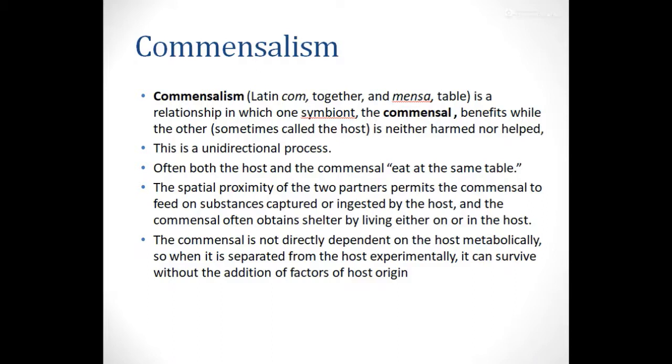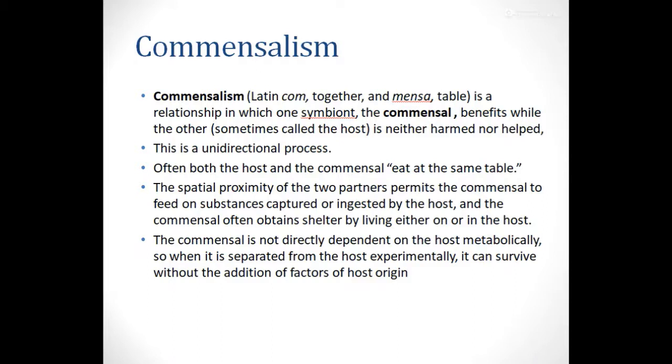Now you might wonder, why did we say mensa, or table, over here? The main reason is the concept of coming together, sitting at a table and eating. That is, both different organisms are considered to eat from the same table. And in some cases, we also use the concept that one lives on the scraps provided by the other. Such a concept is also given for commensalism.